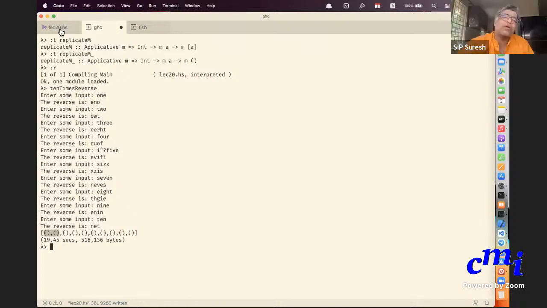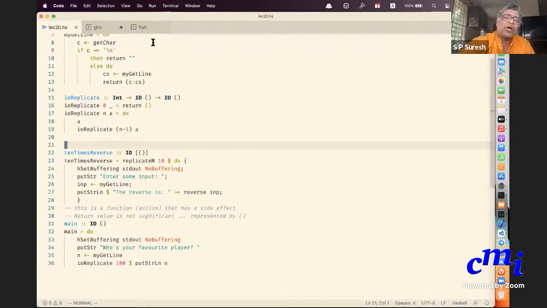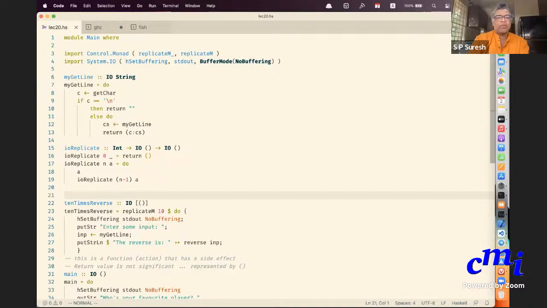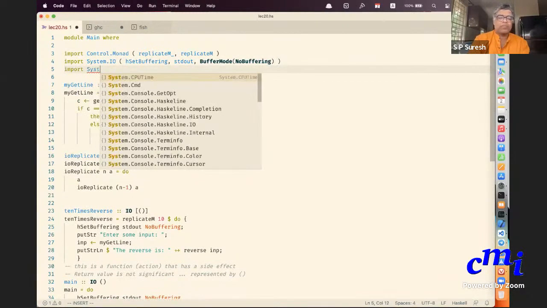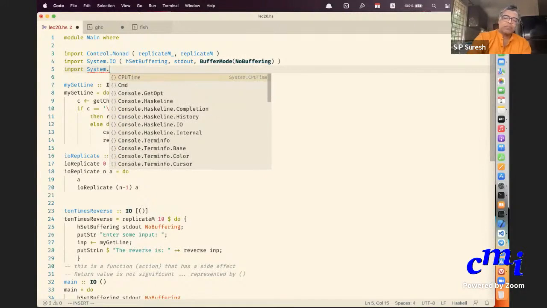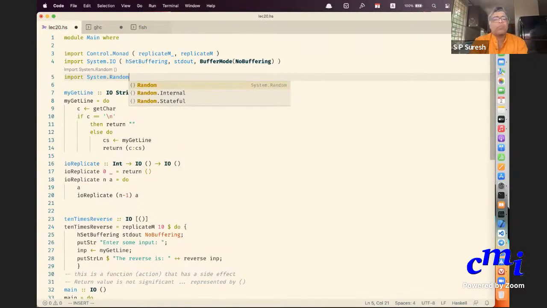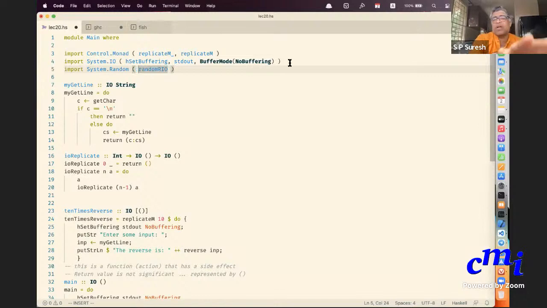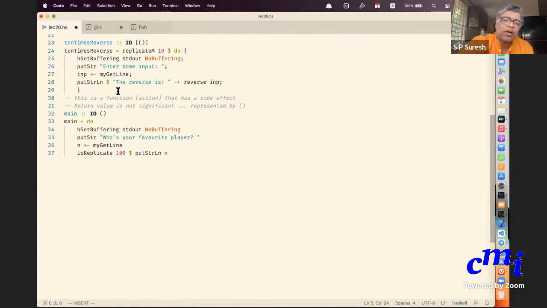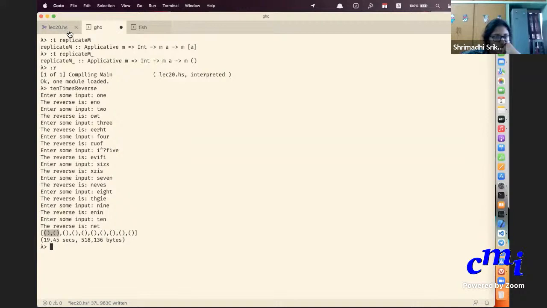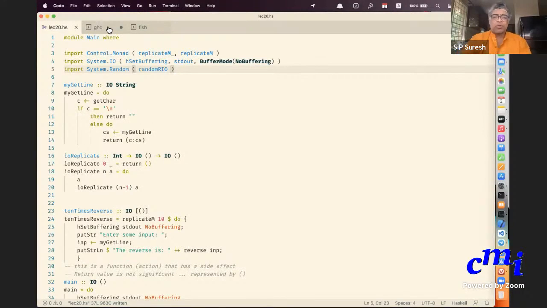One more thing, if you recall, we did this last time. If you want to generate a random number, then randomRIO is what you use. If I check its type, it is IO int, and it is available in System.Random.